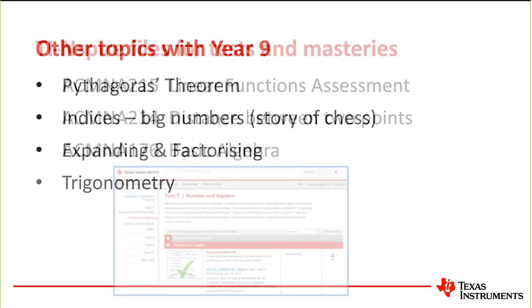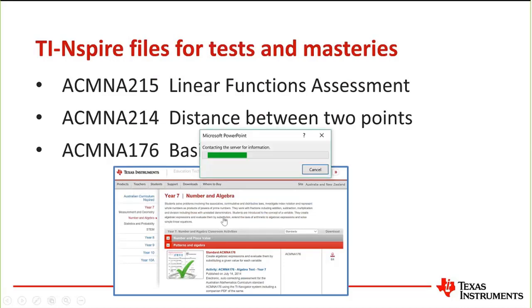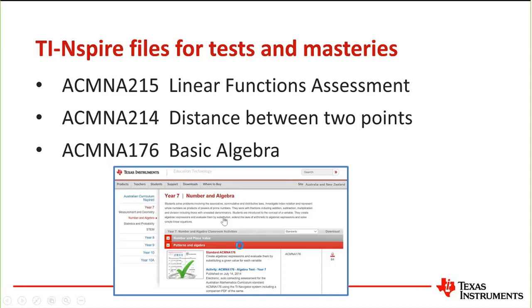I have a few slides here for you, each with 3 things on. I'm only going to illustrate one, but in the package of materials that you get from this webinar, I'm going to send you all of these. They're actually all available from the website. I'll click on this, that Melissa referenced before. You see I've got linear functions assessment, distance between 2 points, and some basic algebra. And while my computer responds to that,